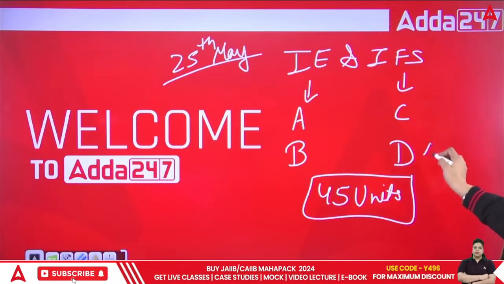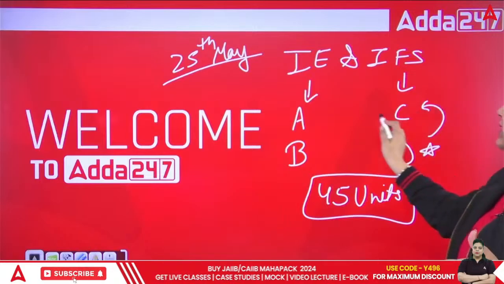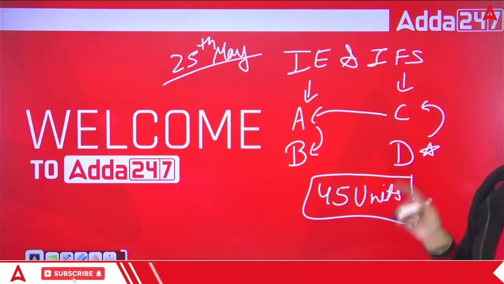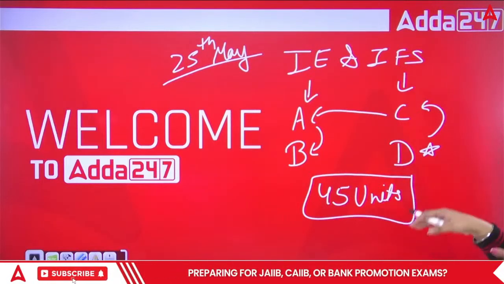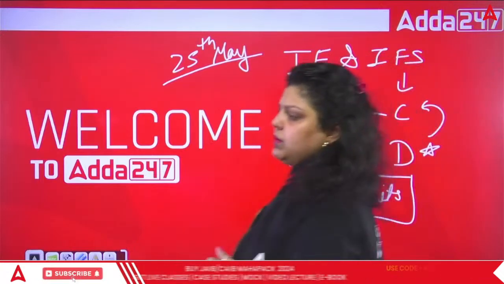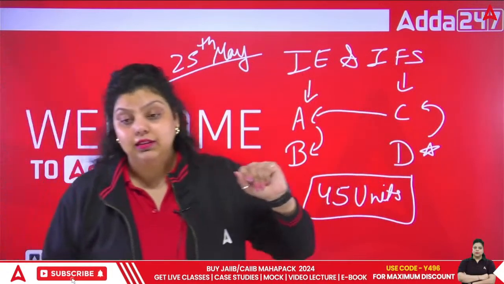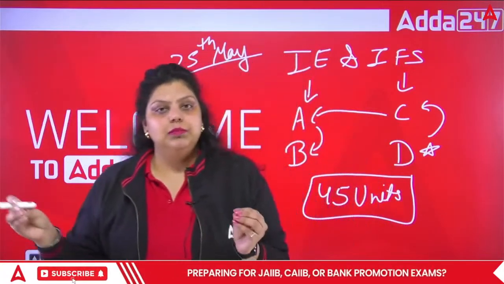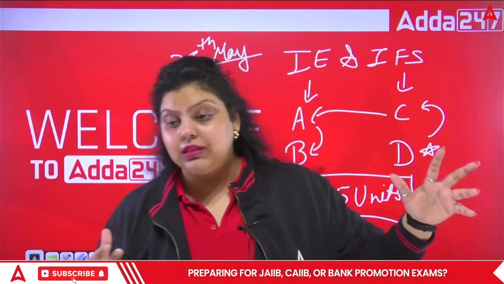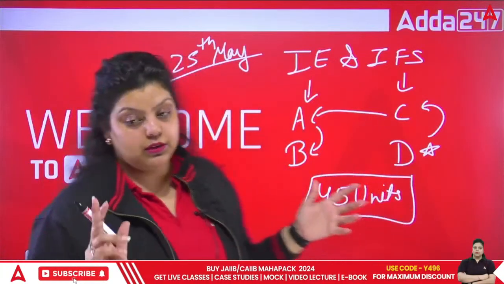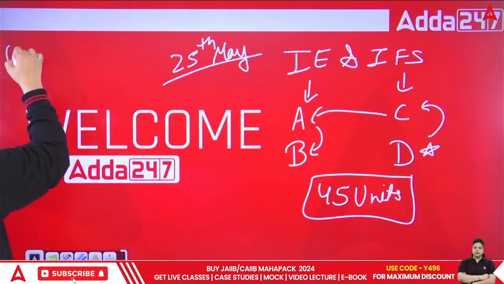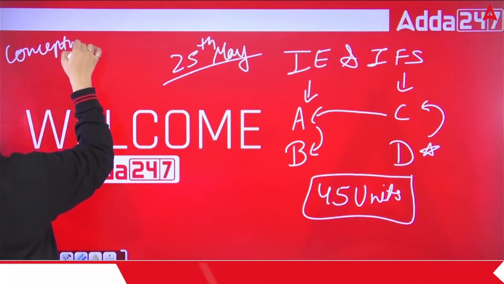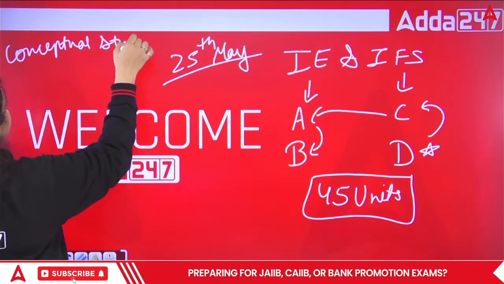We have started from module D, then we go with C, then A, and then we will discuss B. This is the sequence that we follow on YouTube. One more important thing: this series alone is not sufficient to clear your paper. It's not possible to clear the paper just by watching this series. If you want to clear the paper, you have to go with conceptual study, which is very important for all of you.